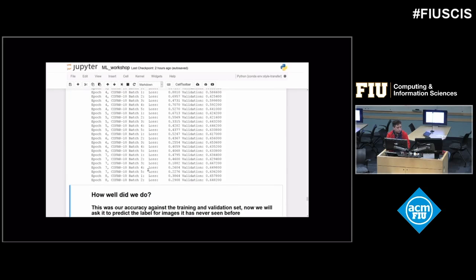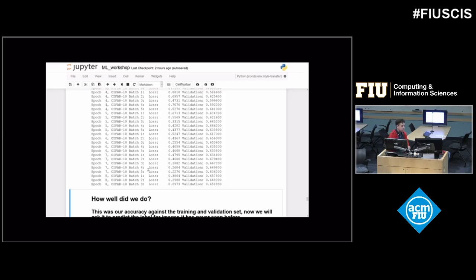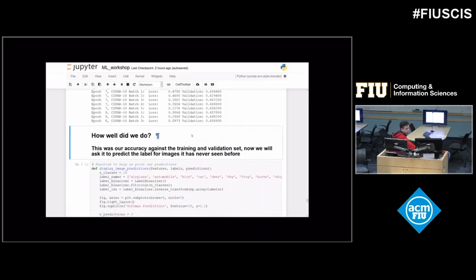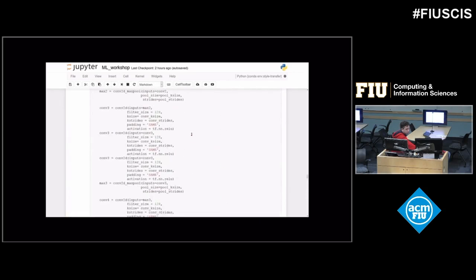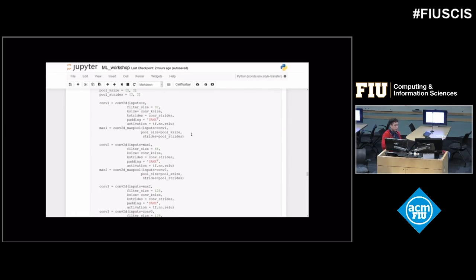So this code is a test bed. You can play around with all the parameters. You can try different models that you can find online and implement them here. But basically, the idea behind convolutional neural networks is that you take the image, you train the filters so that when it recognizes a certain image, it'll activate. When it activates, then you can say that this image is one of, for example, an airplane.